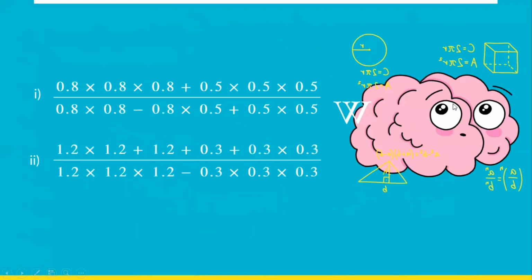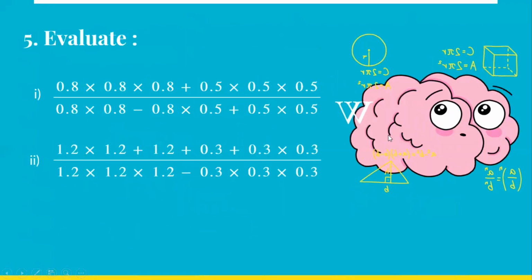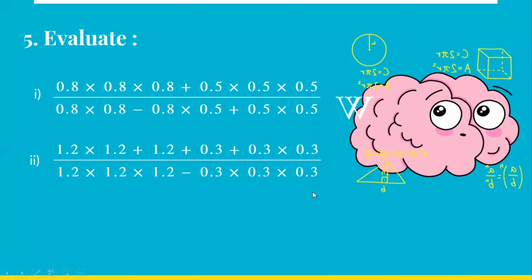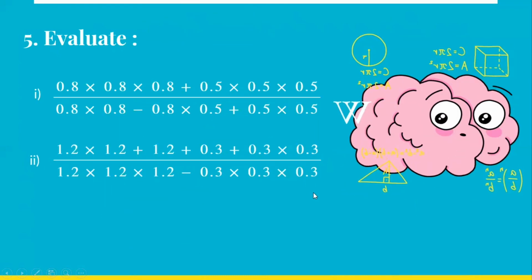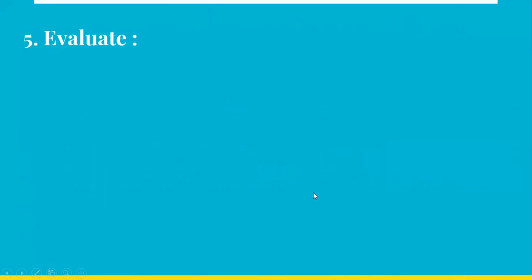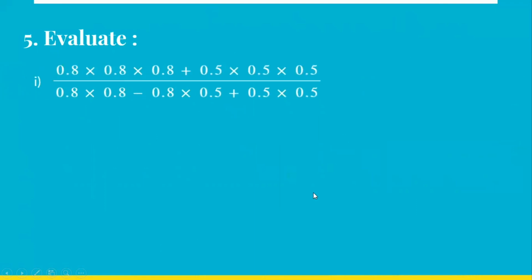Now, the next question: evaluate. So it looks like there are so many decimals, but it's easy. How are we going to solve it? Let us start with the first question. Here we have evaluate. The first one is 0.8 into 0.8 into 0.8. Okay, same thing. Let us take x is equal to 0.8 and y is equal to 0.5, and then the given expression becomes